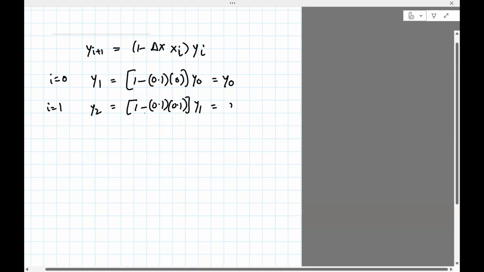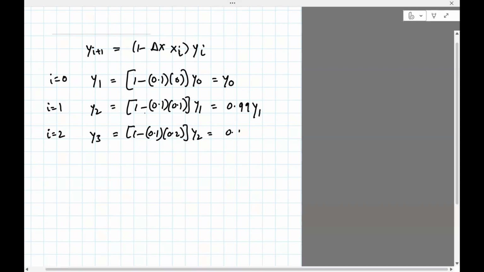So that comes out to be 0.99 y1. Next, we take I equals 2, y3 equals 1 minus 0.1 times 0.2, y2, 0.98 y2. I equals 3,